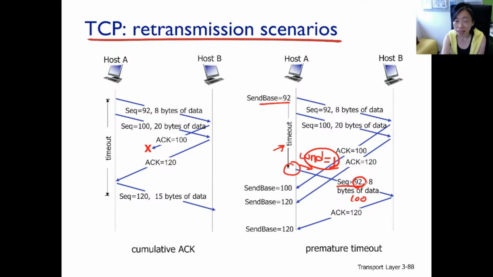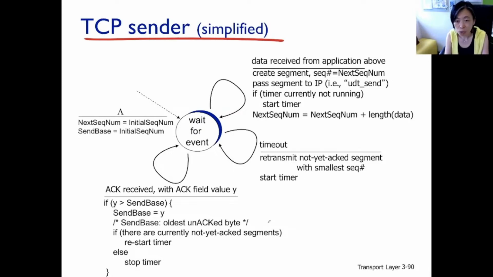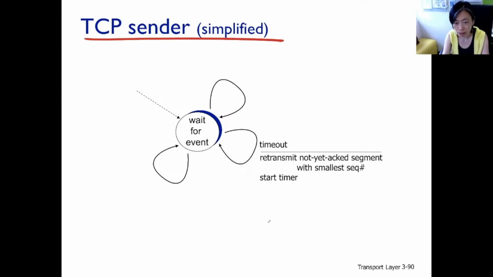And that's why, if you look a little bit carefully at the sender's finite state machine we were talking about, and here it is, let's ignore all these other transitions that are not relevant. We're experiencing a timeout event here. The description in the finite state machine says: retransmit not-yet-acked segment with smallest sequence number. Now we read on the actions being taken carefully. You see, this is not in the plural form. So we retransmit just 1 segment and then start the timer for that segment.